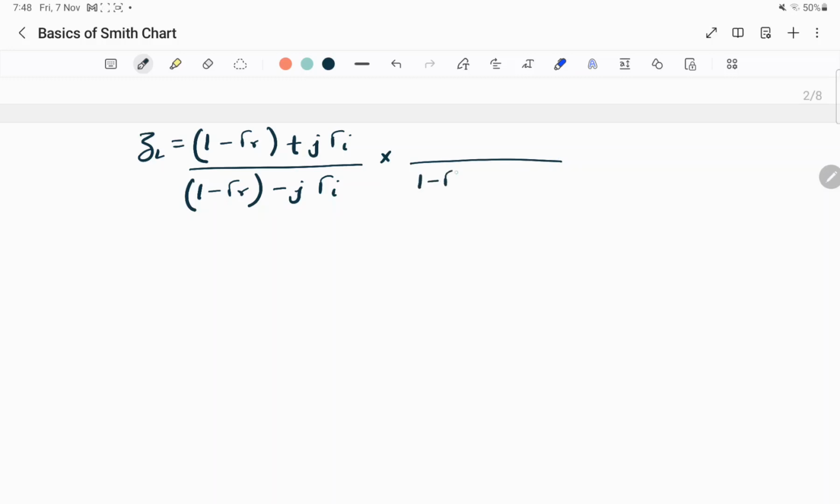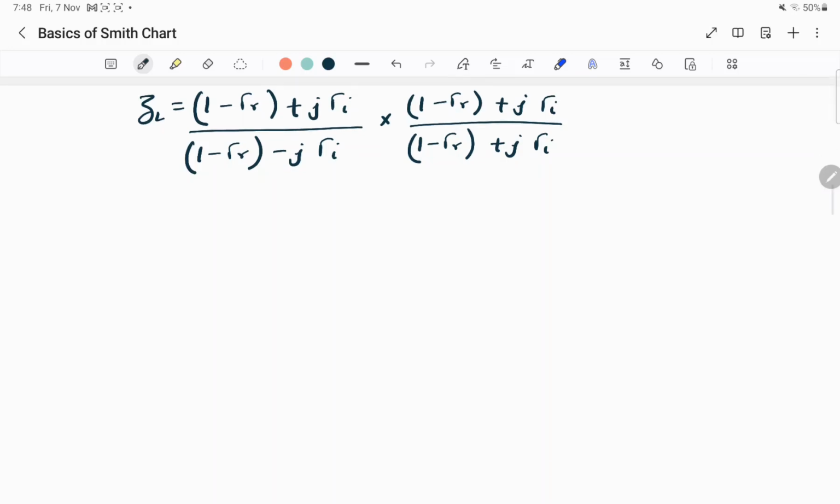So this becomes (1 − Γr + jΓI) in the numerator, and also (1 − Γr + jΓI) in the denominator. Okay, so if you do this simple calculation, you will get (1 + Γr) into (1 − Γr)